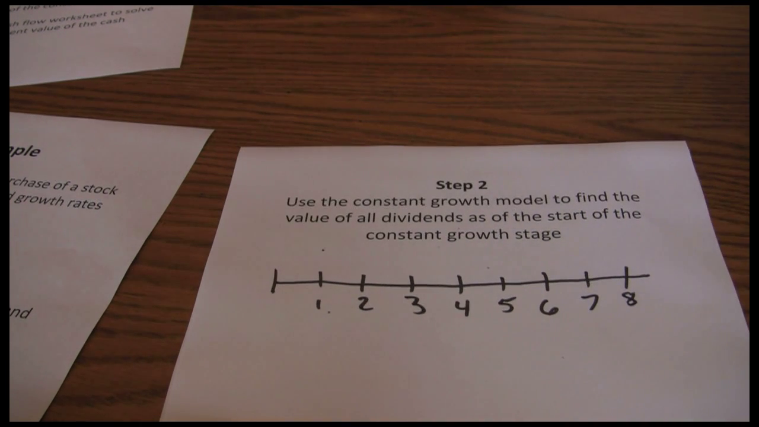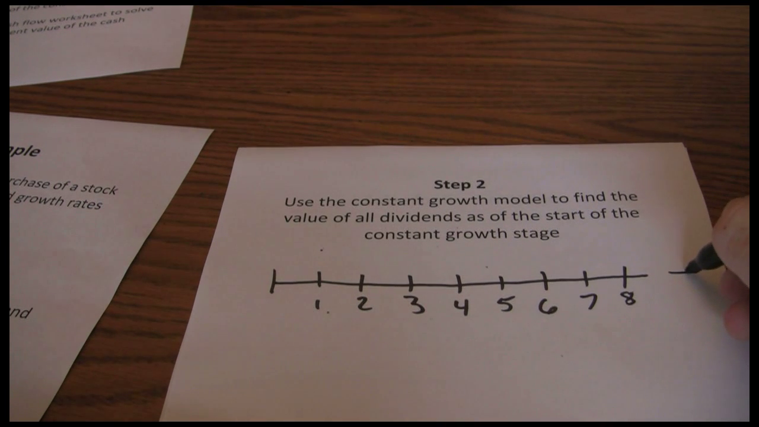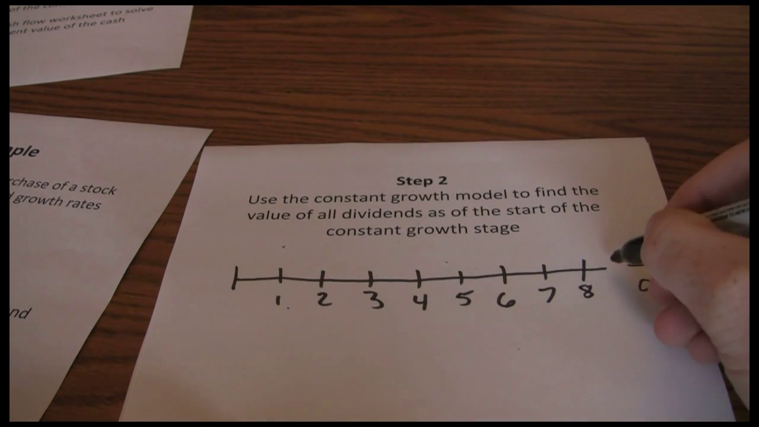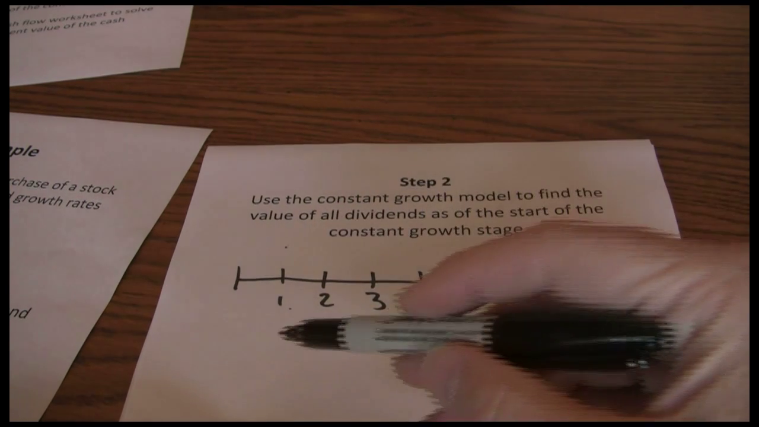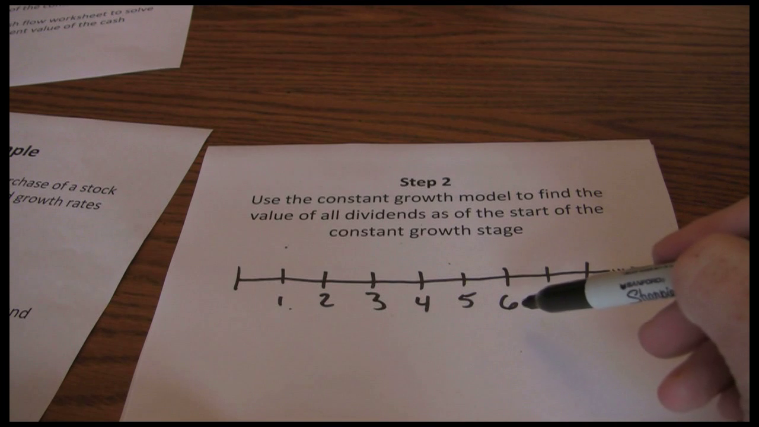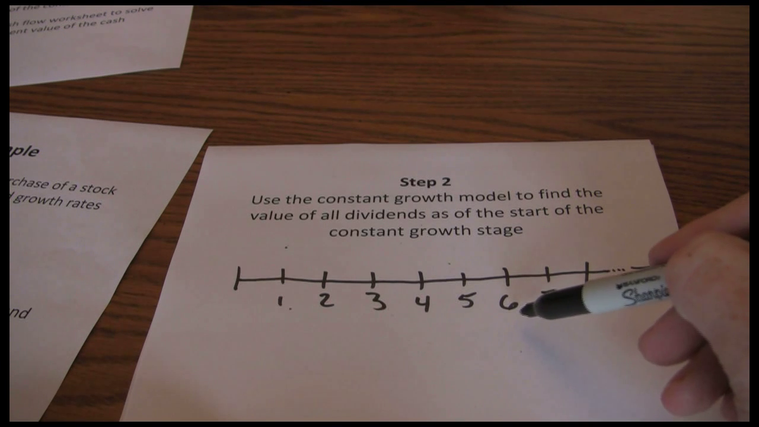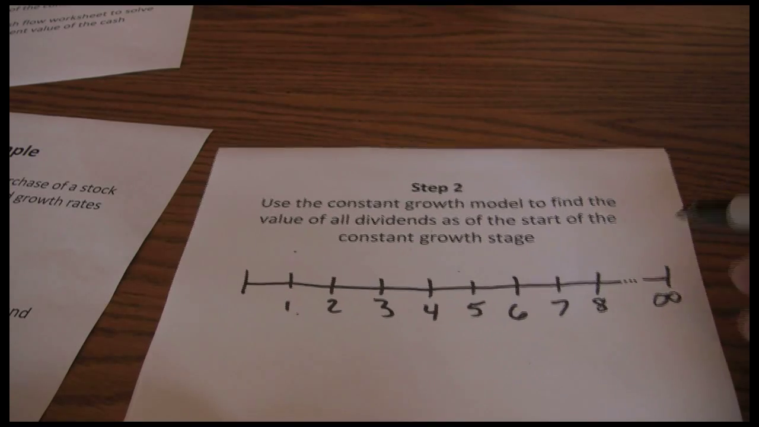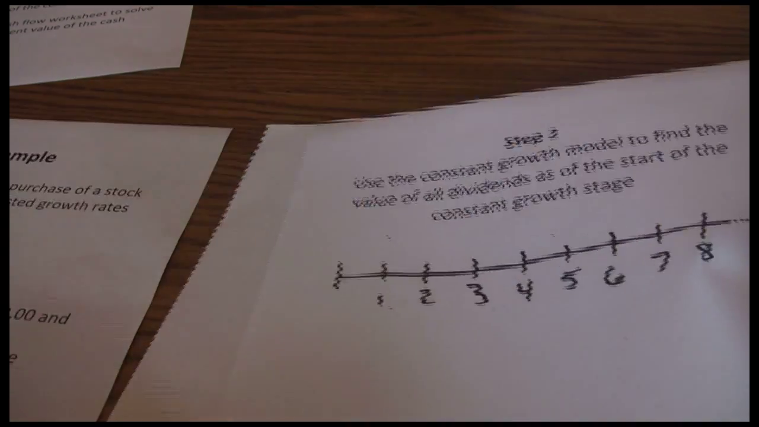Remember, stock prices are stocks. Common stocks never mature. So really we've got an infinite timeline out here. Dividends continue not just for the first 6 years, which we forecast in step 1, but forever. Now if we put those dividends that we just forecast up onto this problem,